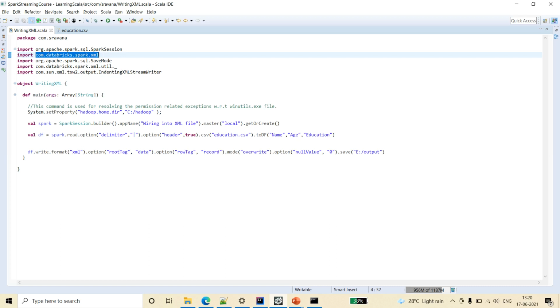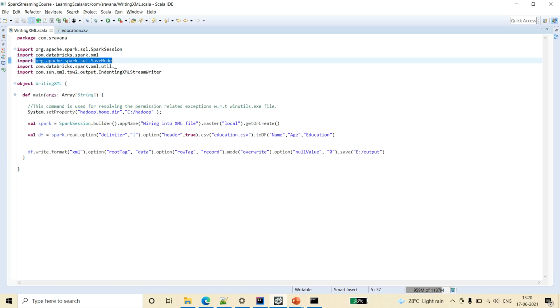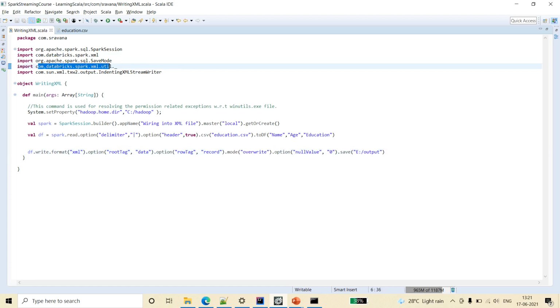I am using 2.12 version, so I have installed Spark XML 2.12 version. Similarly, you download based on the version that is compatible with your Scala version. And this import statement I have used because I am using this option.